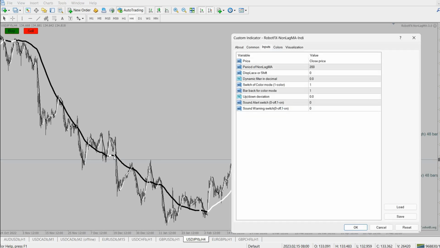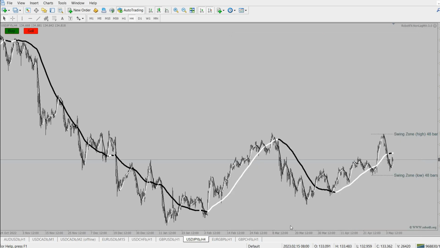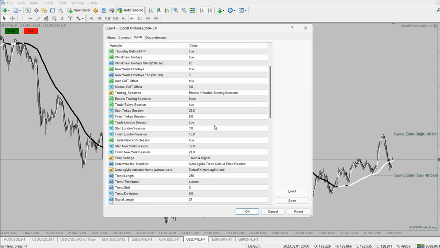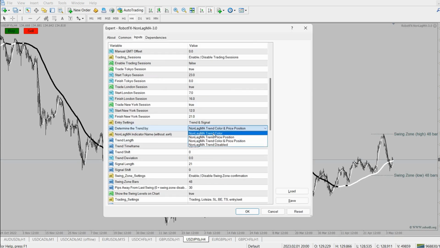I want to get rid of this white color right here, the color change, and I'll set it to 150, and this is perfect for this chart, this period of time. After that, you have to go to the expert advisor settings. I want to use only the color and enter the settings of the indicators in the expert advisor field, the trend length,